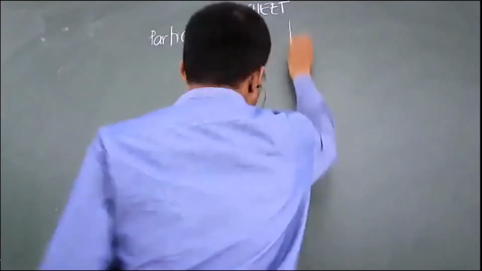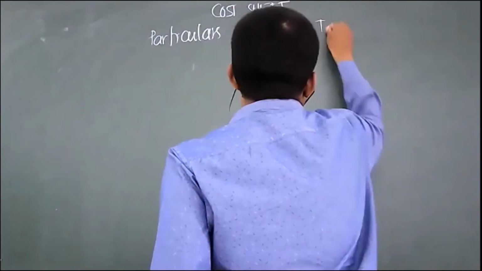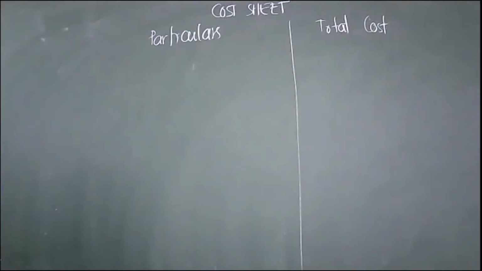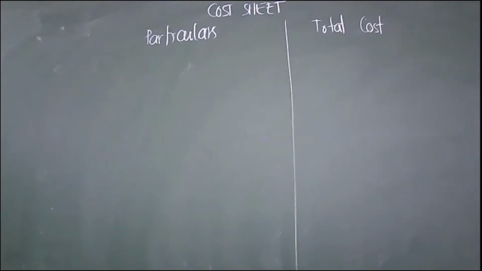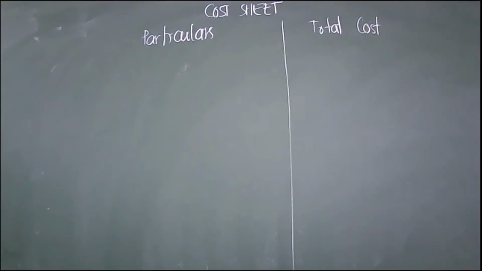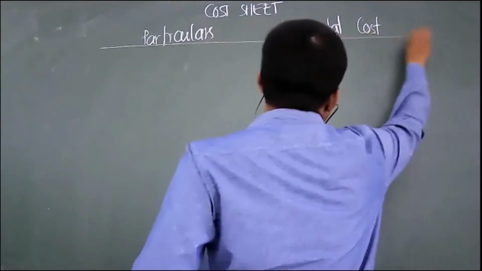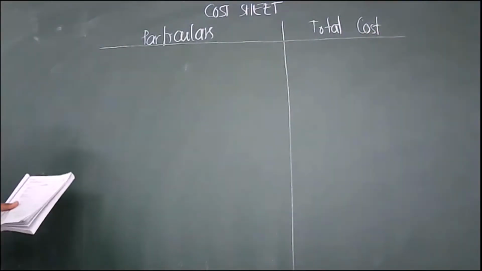Now, in this question, just like yesterday, we do not have the number of units that are produced, as a result of which we are forced to go ahead with the total cost. We do not have the cost per unit available with us, so we are forced to calculate with the total cost. On that note, let us go about with the calculation of prime cost.